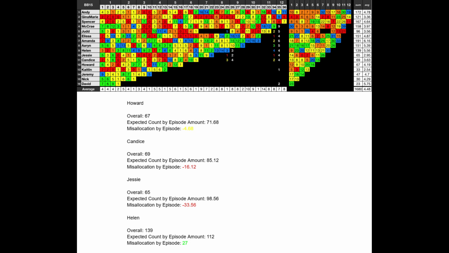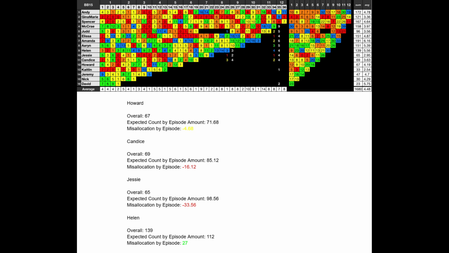Howard has 67 diary rooms, and his expected count by episode amount is 71.68, causing for a negative 4.68 misallocation, which is still pretty balanced. Candace has 69 diary rooms, and her expected count by episode amount is 85.12, meaning that she's in a negative misallocation by 16.12, or negative 16.12. Jessie has 65 diary rooms, and her expected count is 98.56 based on the amount of